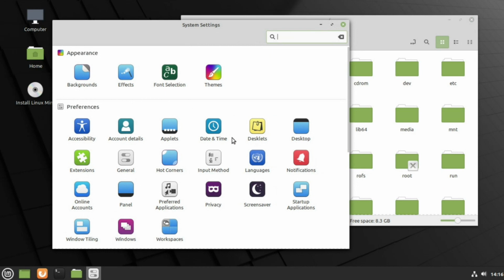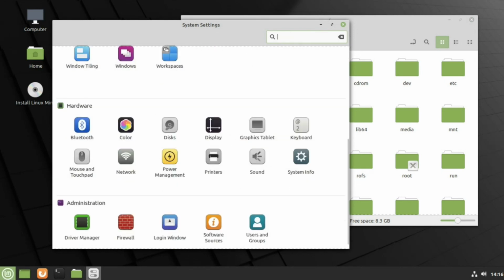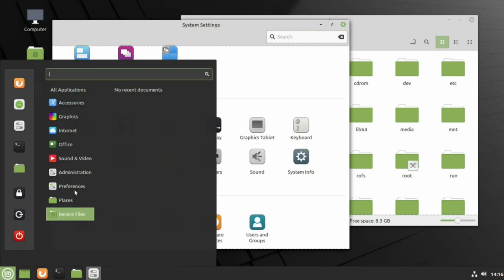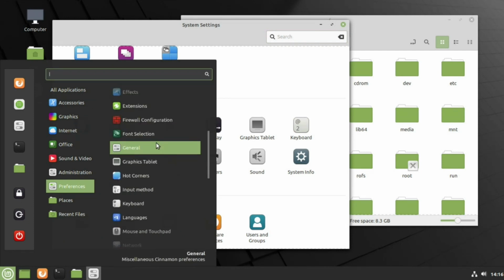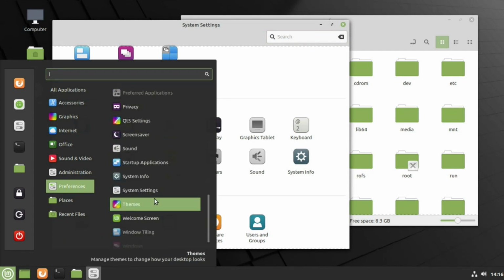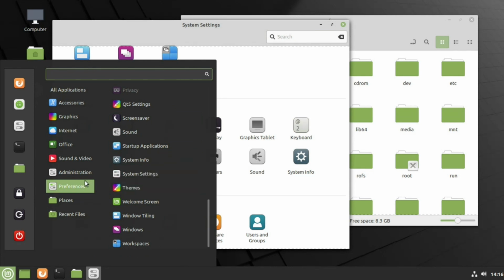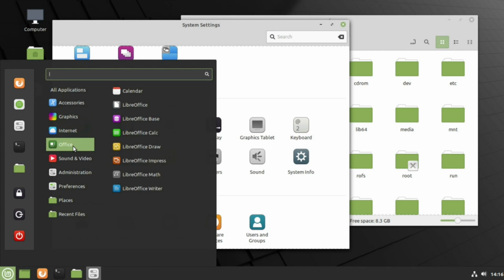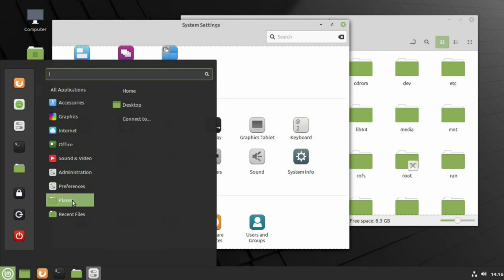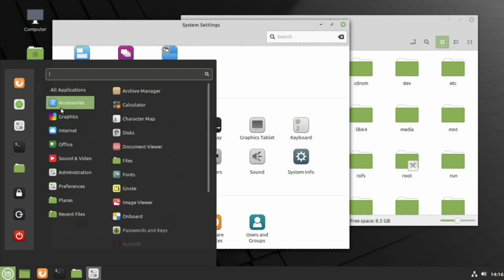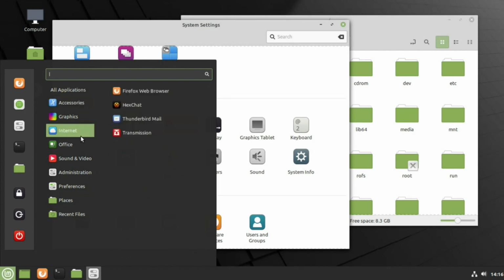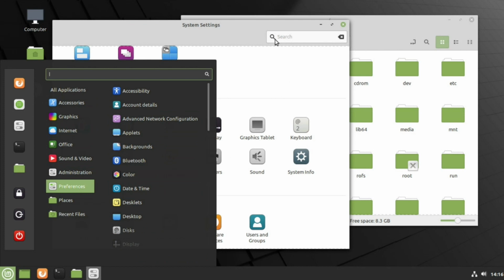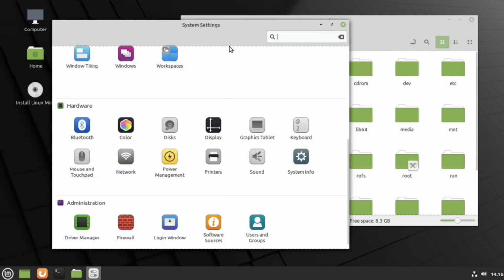You can see the system settings looks very familiar to the Windows control panel. And in addition, there are settings and preferences within the actual start menu. So you have quick shortcuts to all the settings right here. People usually find themselves exploring down this list of all the applications pre-installed initially. And the good thing about this distribution is all the applications pre-installed are good applications. So you're going to have everything you need to get started with no issue. Overall, the operating system seems to work on just about any piece of hardware you throw at it.